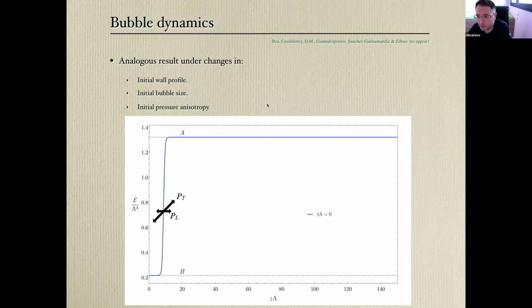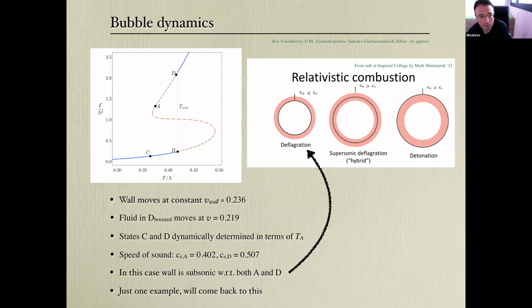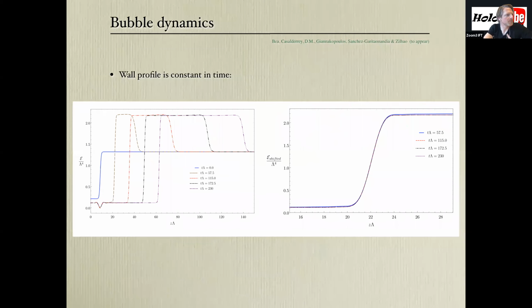But actually, the speed of sound that I'm referring to is simply dp/dE, the one that you get from the equation of state. It's just one way to define it, applied to either this state here, or this state here, or that state there. So it's simply the one you get from the corresponding equation of state at that energy density, just to give you an idea of where the speed of sound is. Thank you. No problem.